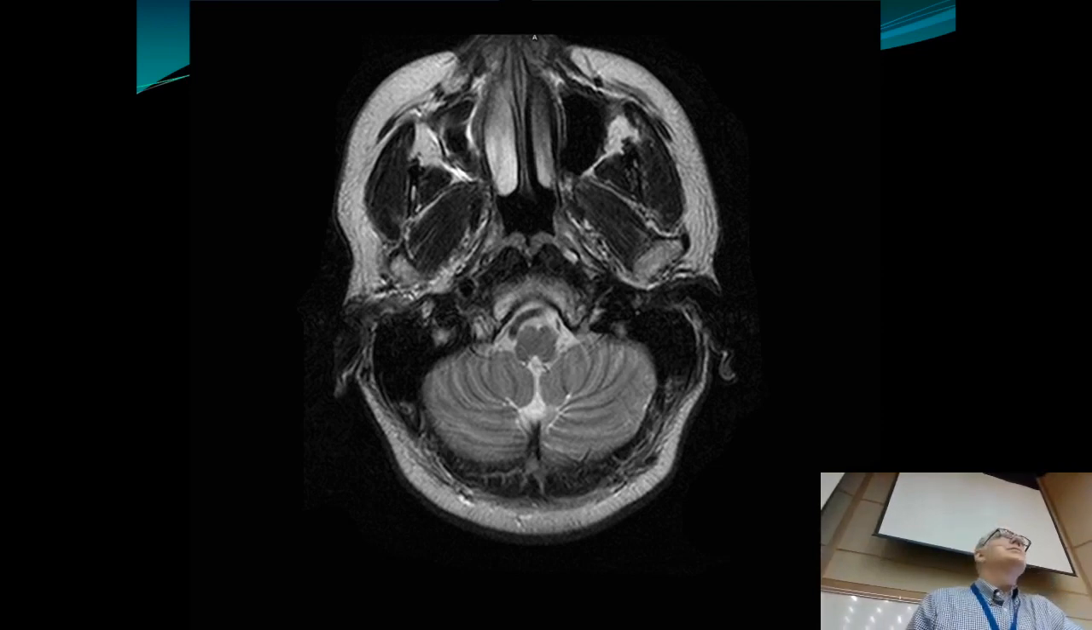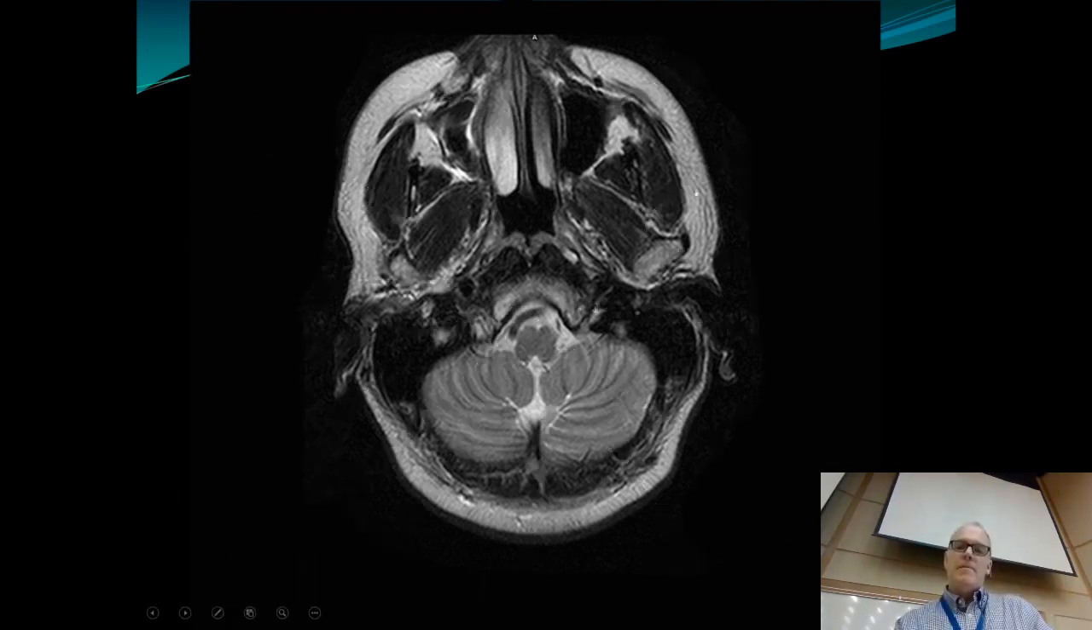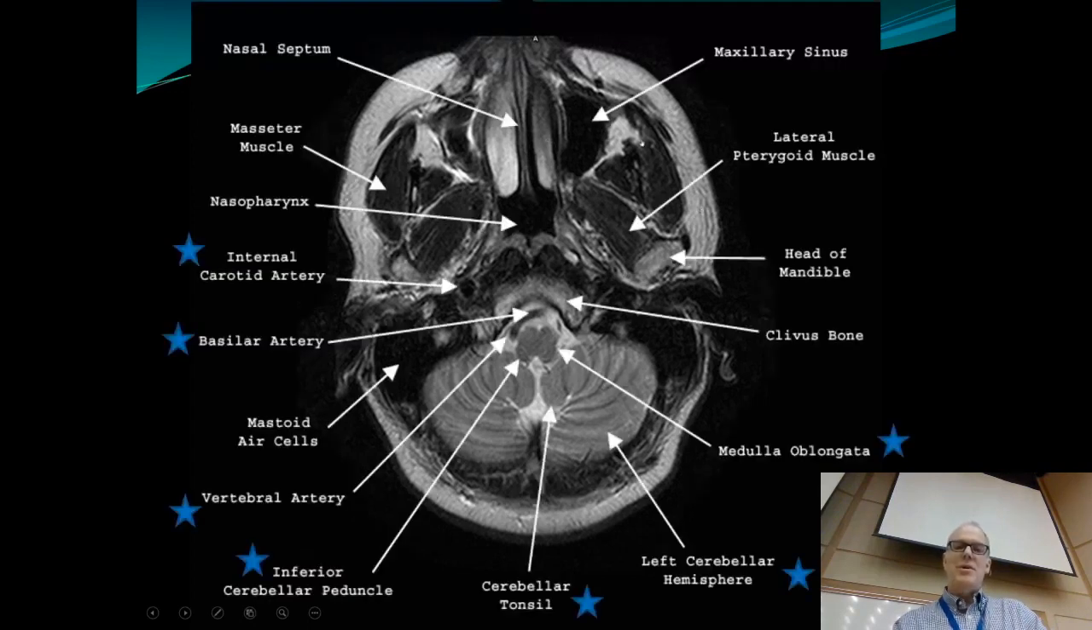Now I will say, I did spend the time labeling all of these nicely. Now there's a lot we can identify up here, but this is neuroscience, right? So, the nasal septum and the maxillary